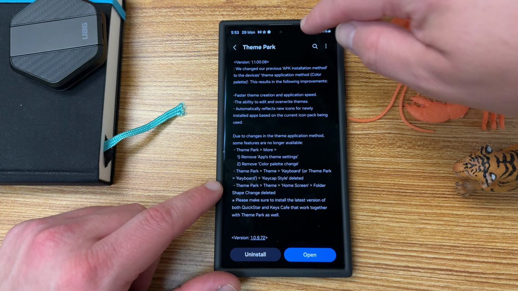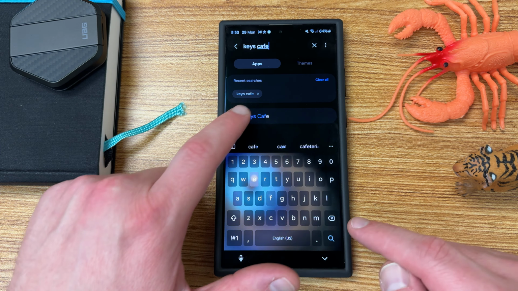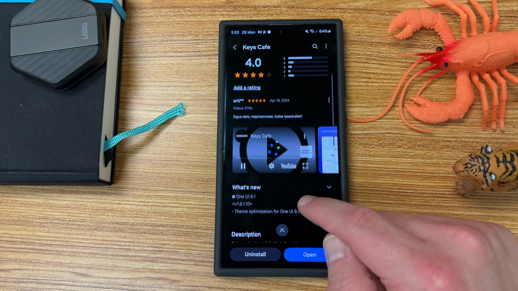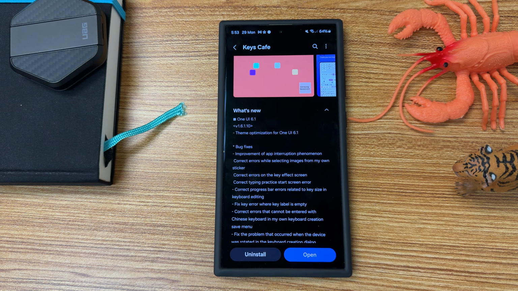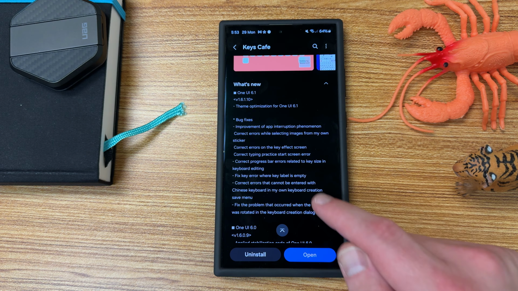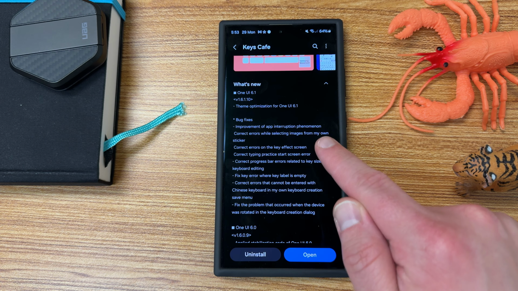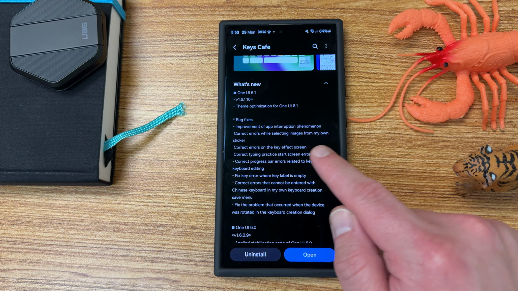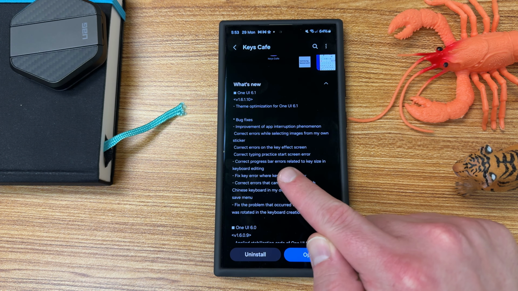Now quickly, let's run down. There are a couple of key bug fixes as well. It's actually a really long bug fix changelog in this version of Keys Cafe. For those who are interested, it's version 1.6.1.10. This is the only new feature, theme optimization, we just talked about. Look at all the bug fixes though. Improvement of app interruption, correct errors while selecting images from my own sticker, correct errors on the key effects screen, which is one that I did have, errors getting key effects to apply on the old version,